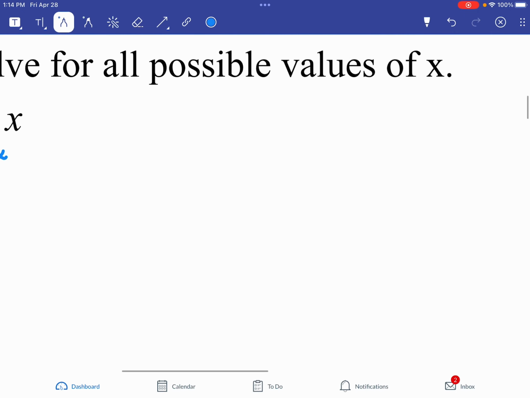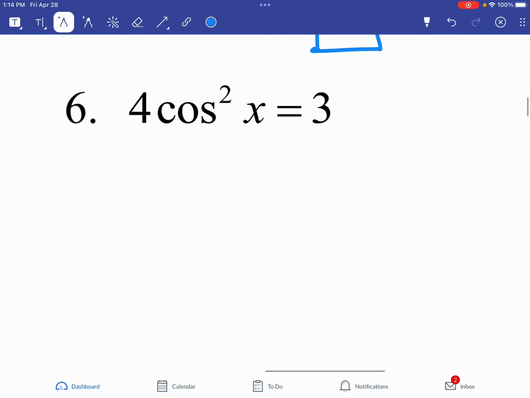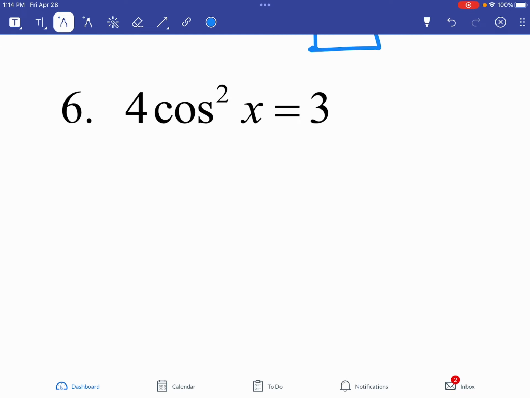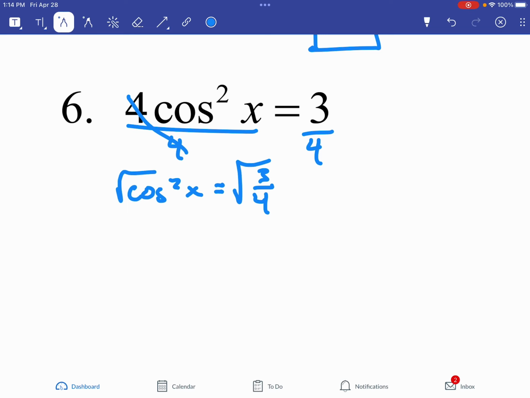Question number 6. In this case, we have to divide both sides by 4 first. That cancels out, so we have cosine squared of x equals 3 over 4. Now to get rid of the squared part, we're going to take the square root of both sides of the equation. The squared and the square root would go away. So cosine of x is equal to